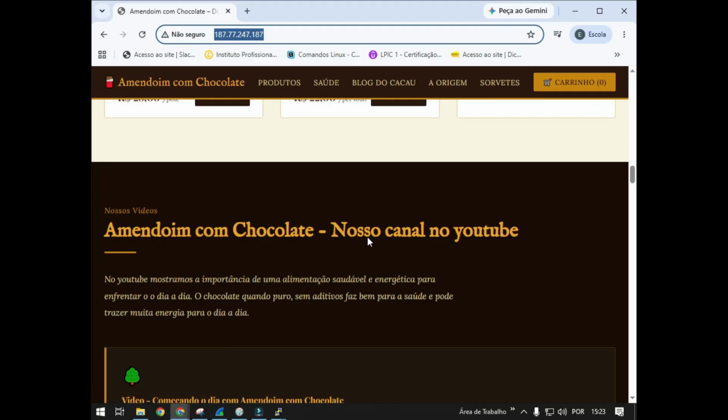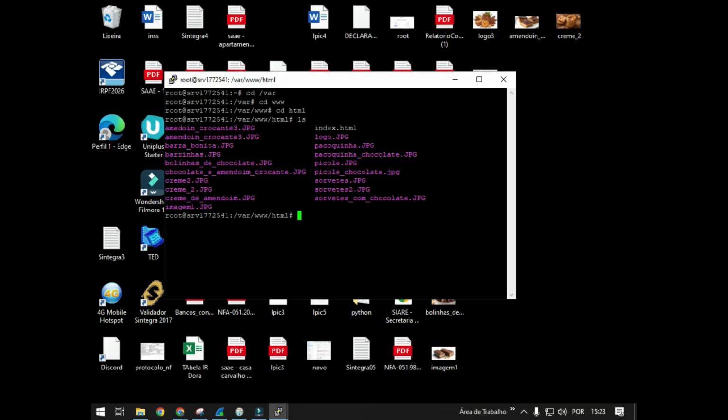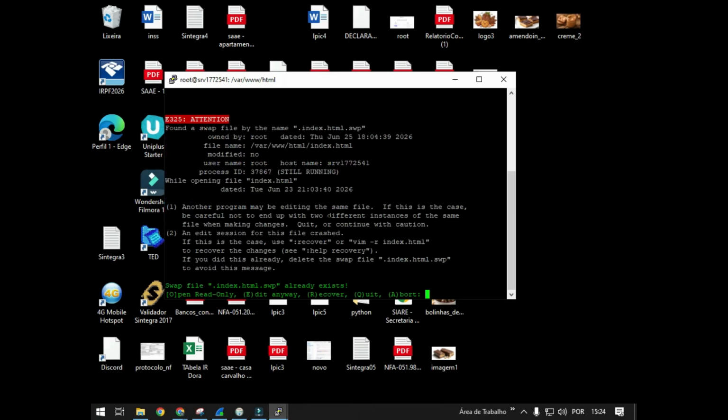We made this file, we made the site, and you put it inside here in the server, which is Apache. If you enter vi index.html, you can see